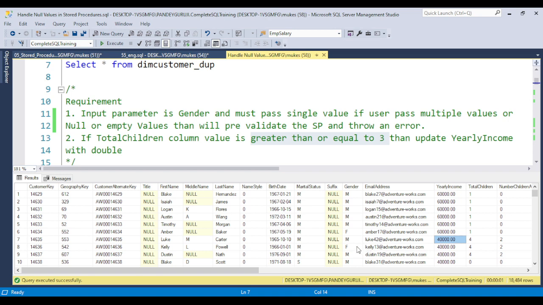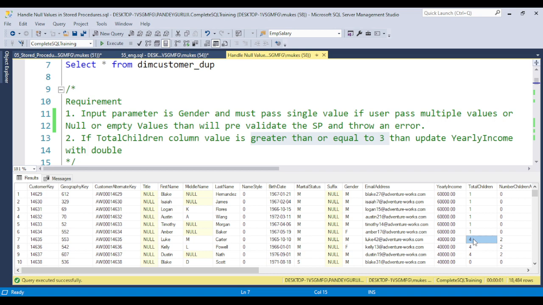If they pass m, f the value should not be touched. The yearly income should be doubled, whatever the value is, if total children is greater than or equal to 3.